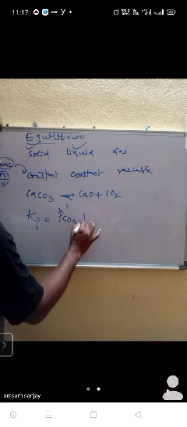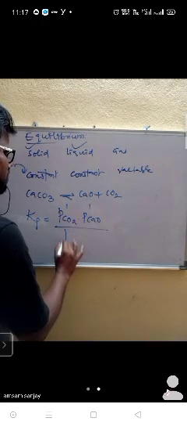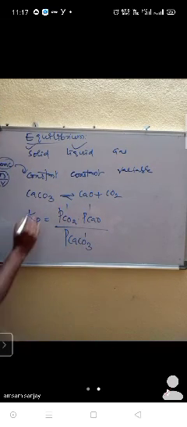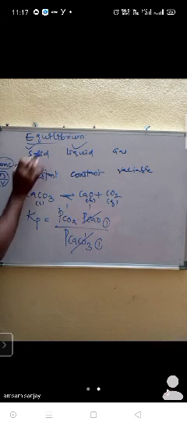For that, we are not considering it like this. CaCO3 gives rise to CaO plus CO2, no? For example, pressure will be there. Actually, I should write pressure of CO2 to the power of 1, pressure of CaO to the power of 1, by pressure of CaCO3 to the power of 1. But this is solid, this is solid, this is gas. It means this will become 1, because nothing is changing, from initially to finally, it is constant. Even for liquids, nothing is changing. Then ultimately what will happen? Kp is equal to pressure of CO2 to the power of 1.